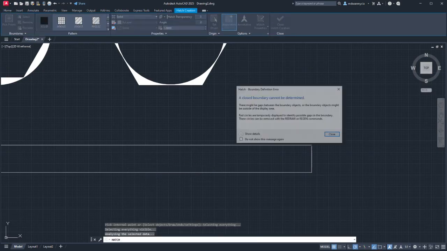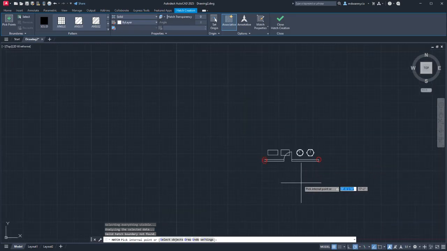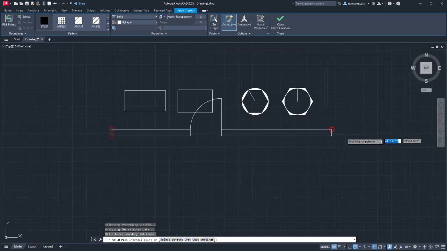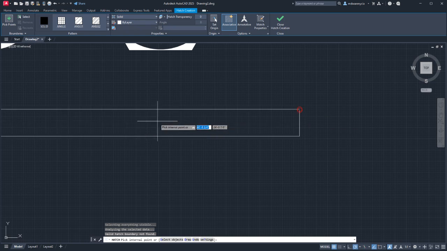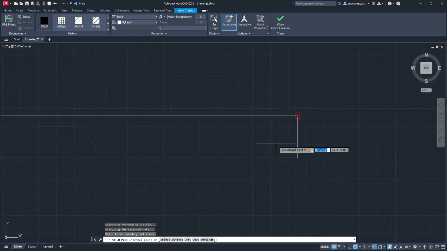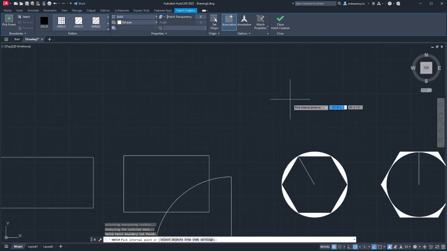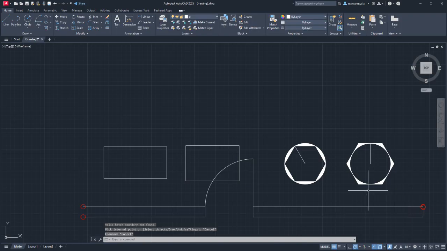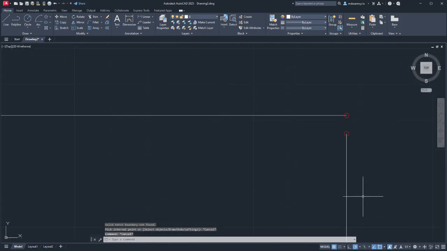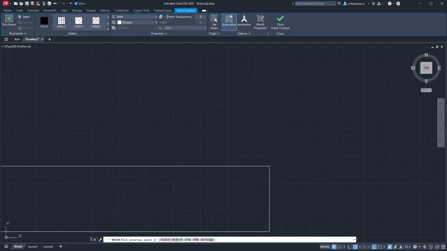You go to hatch it, and it gives you this error: a boundary cannot be determined. It's going to give you these little red highlights right here. They're pretty easy to see, and it's basically telling you, hey, you wanted me to fill this in, but because of this little gap right here, I would end up filling up infinity around it because this isn't enclosed. So you guys will run up against that too. Just look for the red circles and go, oh, this isn't filled. Click and drag that up, and then when you run your hatch tool again,